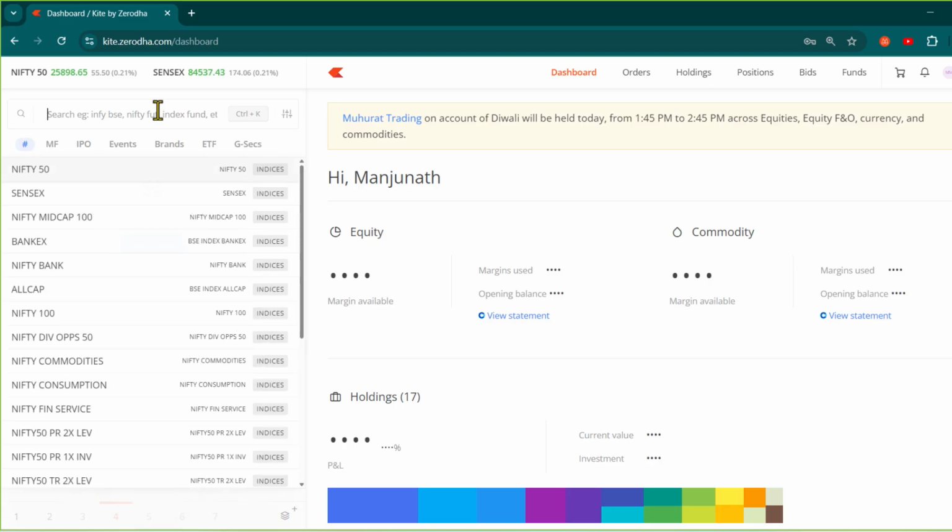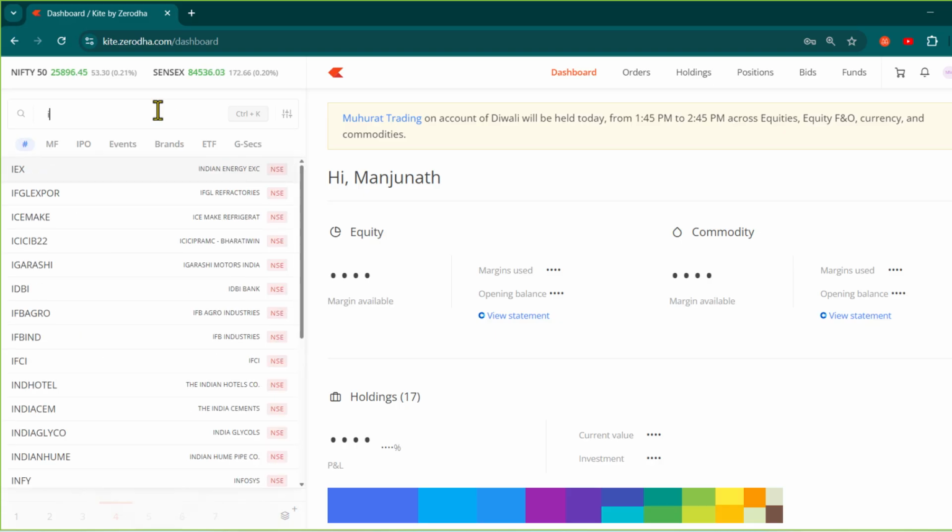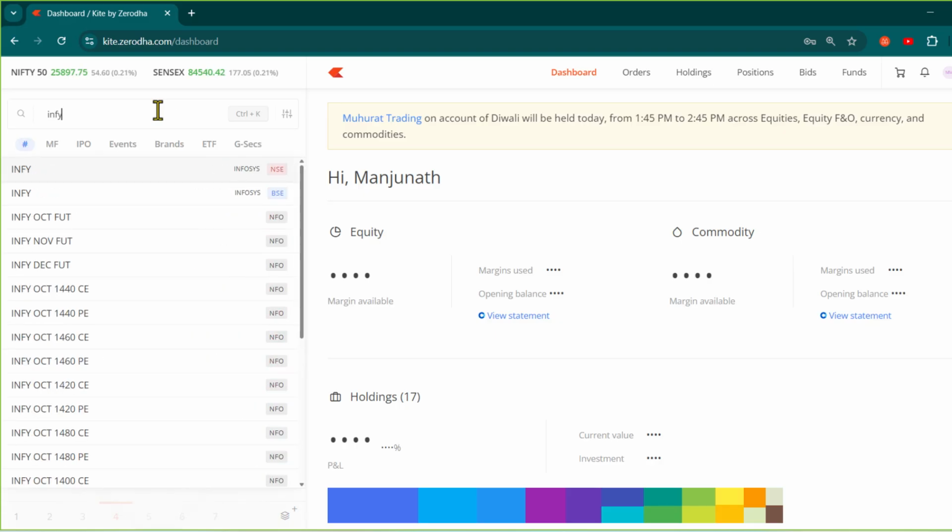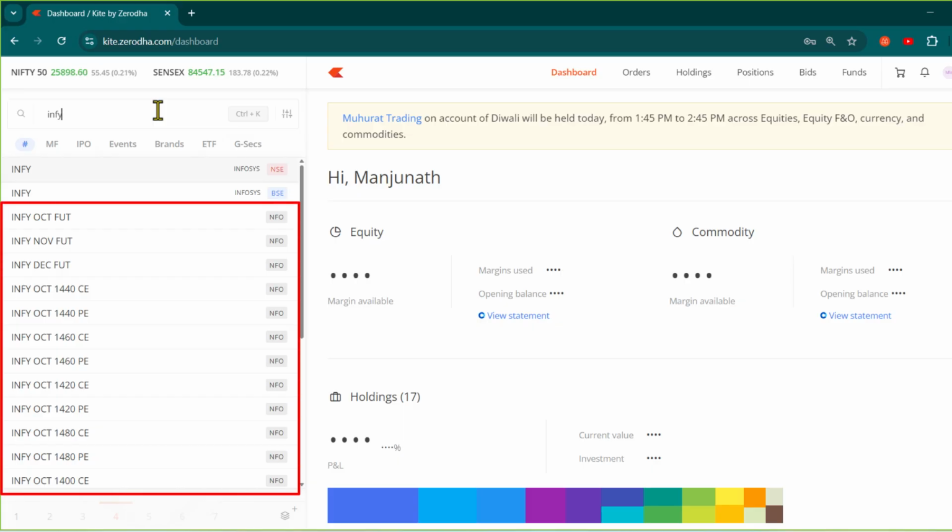So here I will enter the ticker of Infosys. When I type INFY, it gives me all the related results of Infosys. The first two are related to buying and selling shares, and the rest are related to derivatives,